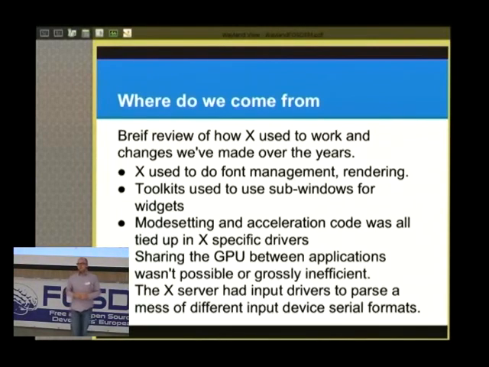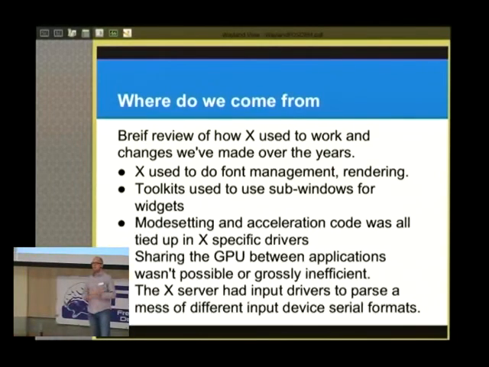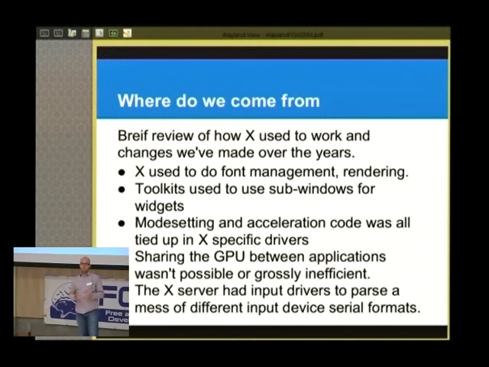And it was very hard to have a system where you could have several clients using the same hardware. And again, the acceleration code that we use for accelerating X was also tied up in the X driver. So it wasn't really possible to change the way things worked. It was always tied up in this X model.